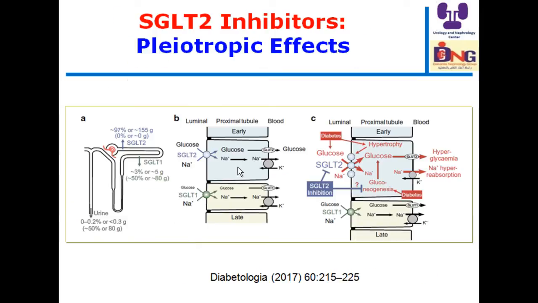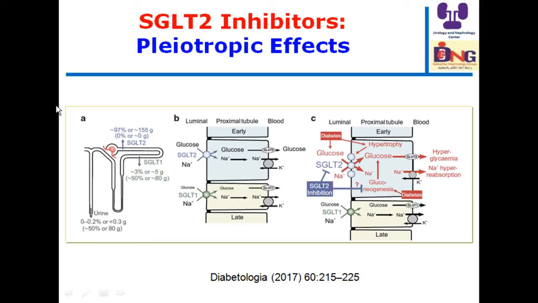How does this class work? The kidney has a great role in manipulating glucose through glucose homeostasis, through reabsorption and gluconeogenesis. The reabsorption is within the proximal convoluted tubule. So if we